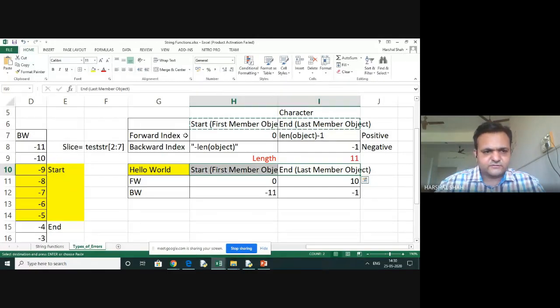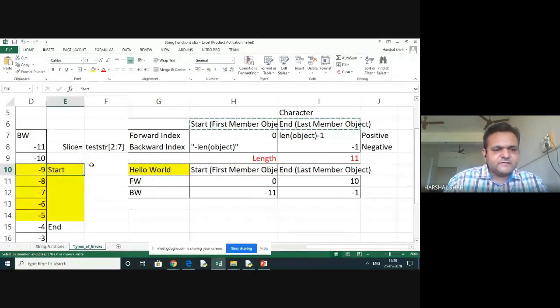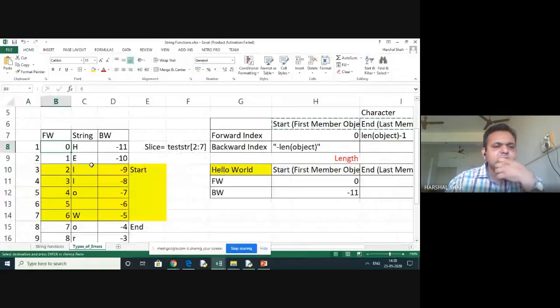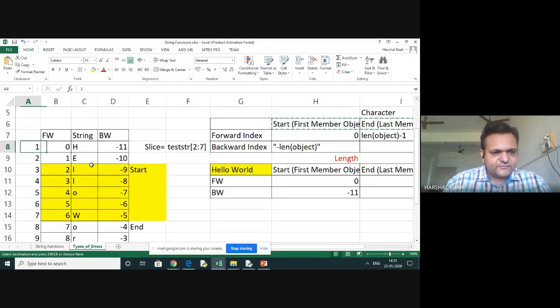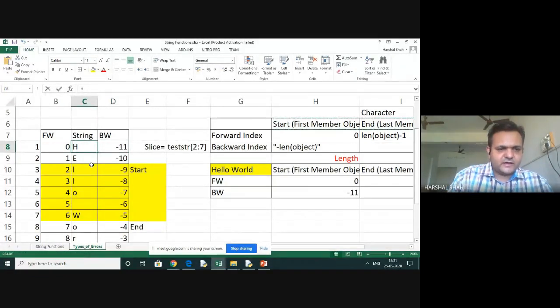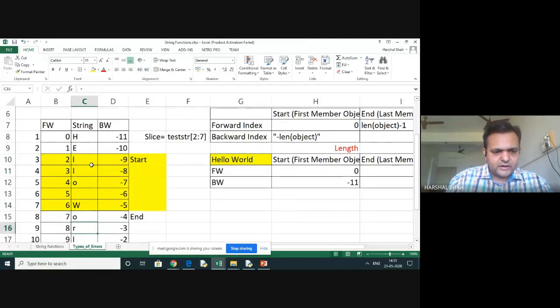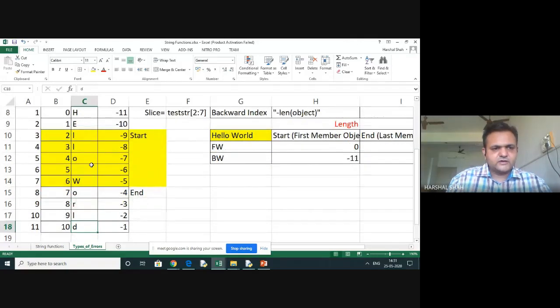All right. So now let's see this forward is 0, like this is 0, the very first character, first member made a 0 over here. Length is 11. Now I am typing over here: H, E, L, L, O, space, W, O, R, L, D. Okay, so it's nothing else.